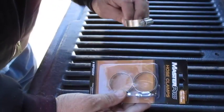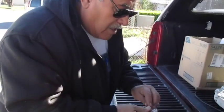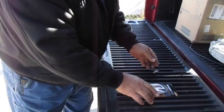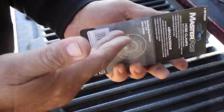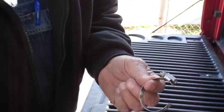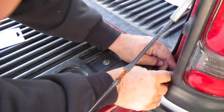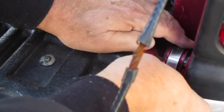A radiator clamp. You can buy these radiator clamps at any automotive supply store. They cost $2.25. You can use 3 inches and cut whatever is the excess, or you can just go to this one, 3/4 to 1 inch and 3/4. This is all you need, 1 inch and 3/4. It's a radiator clamp made out of stainless steel, hard, durable. What we do is we get that radiator clamp and we cover that slot with it, and we put it on there and we tighten it up